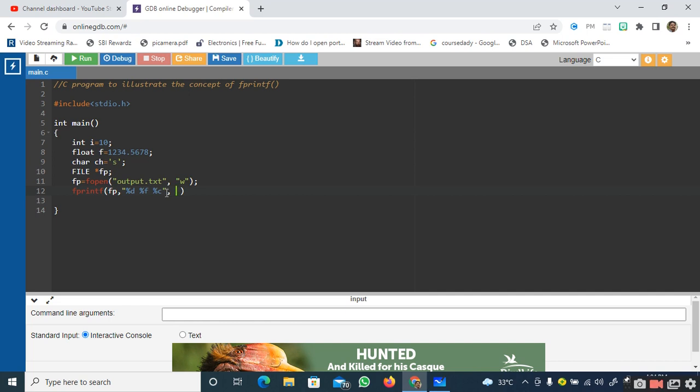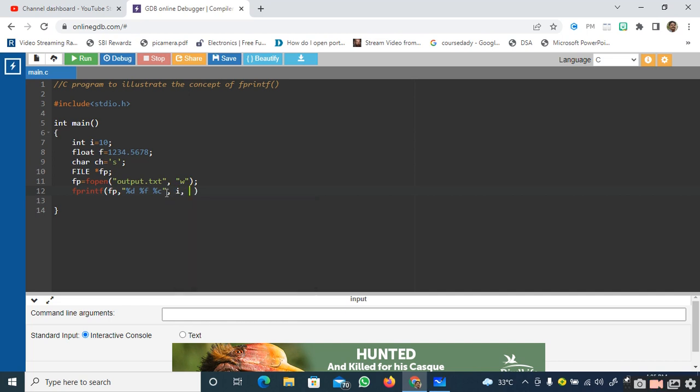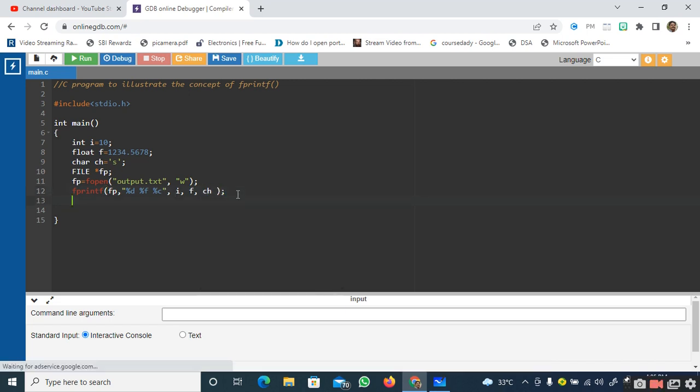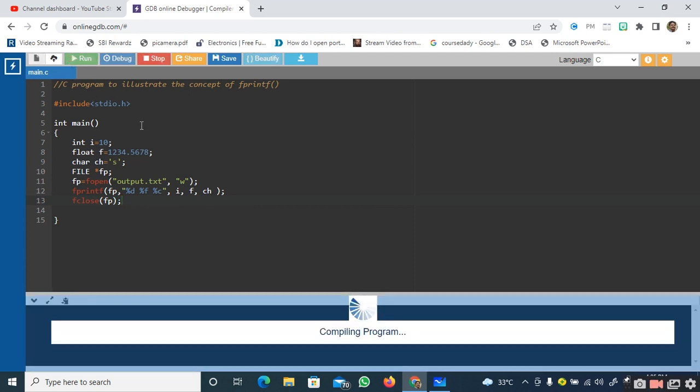So I want to give the variables for this %d, %f and %c, which are i, f and ch. After this I would like to close this file pointer. So this is a very simple program. Let us run this program and see what is the output.